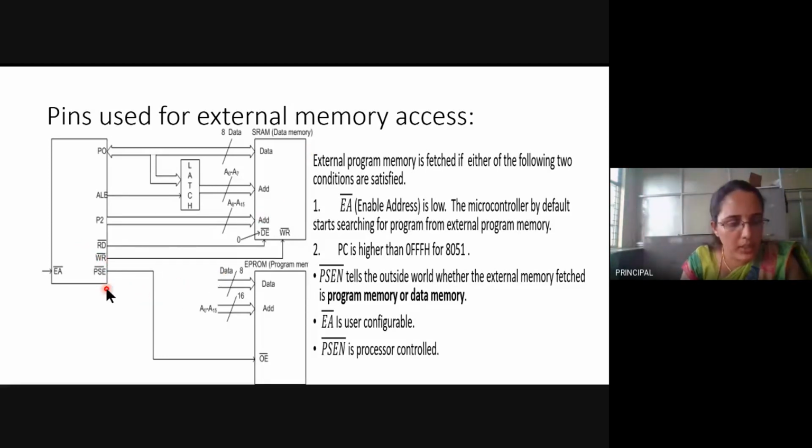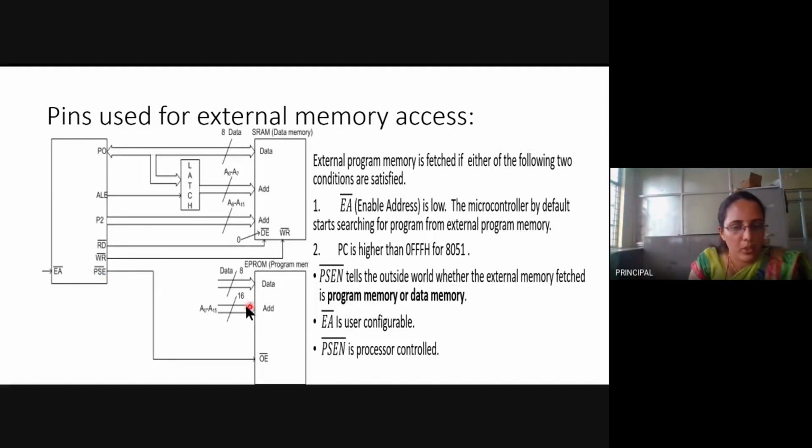Along with this, there is a pin called PSEN bar, program store enable. It is also an active low signal which is connected to the OE bar or chip enable pin of program memory. Look at this. PSEN means program store enable.